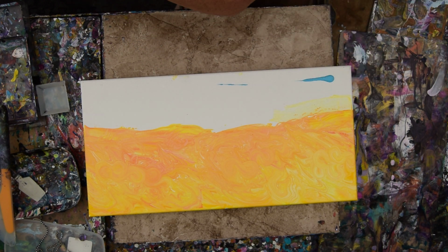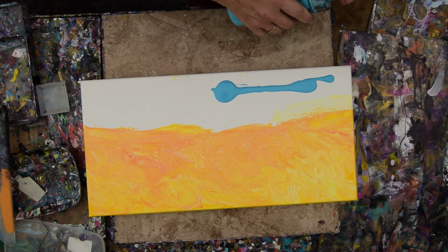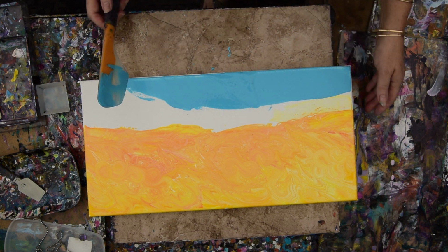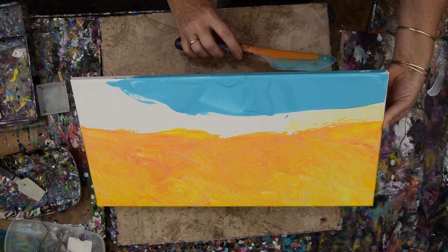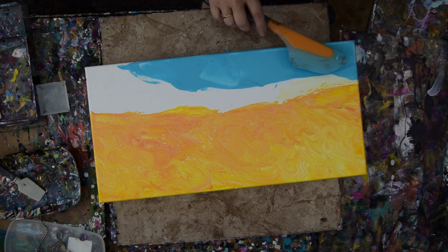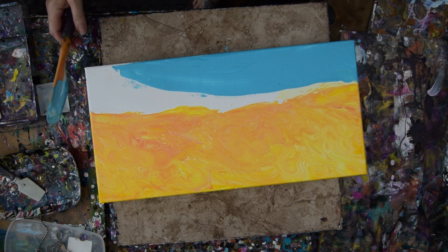And obviously the bottle is not going to cooperate anyway, so I'm going to have to attempt to find out whatever's in there. Use a spatula. And cover my edge right now while I can. Don't really want to have to tilt that. I kind of want to put an ocean basin and some land behind in the middle, but I'm not sure how long I can get away with letting this obviously thinner Bahama blue paint rest before it starts to set up, and I might actually want that to be something that happens,